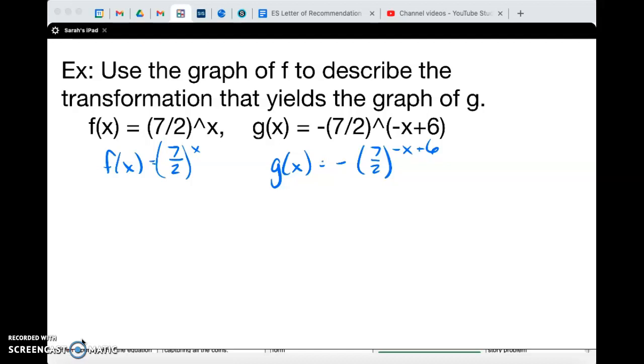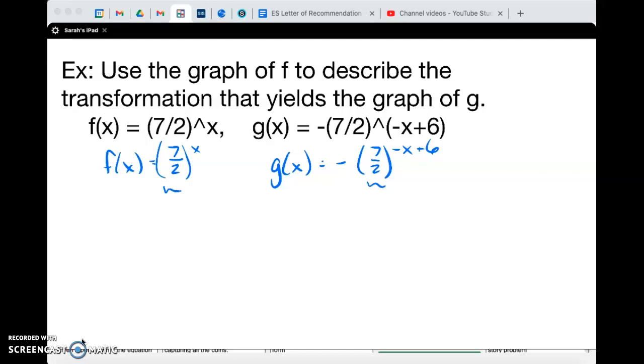So we don't even need a graph, we just need to describe the transformation. That's not too shabby. So the base is the same. That's good news. Okay, so if I just start it,